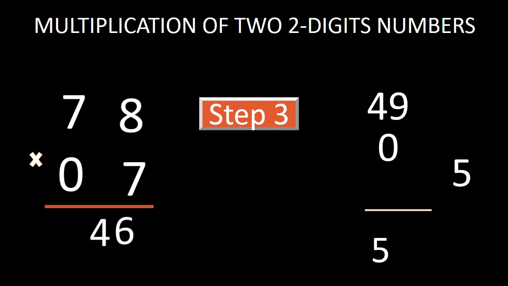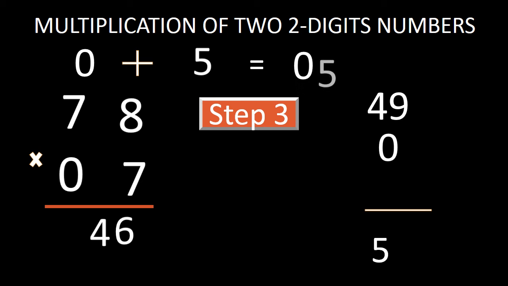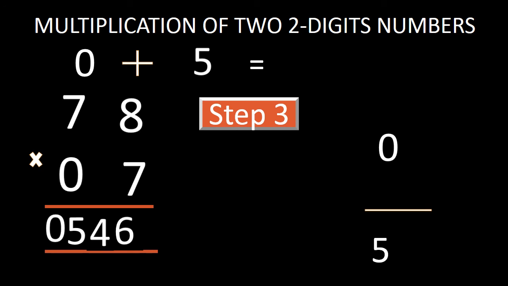In step number 3, we will multiply this 10 digit of the first number, that is 7, with 10 digit of the second number, that is 0. So by multiplying this 7 with 0, we get 0, and we have the carrying digit from the previous step. Just add that carrying digit, and that is 5. With this 0, we get 5. Now just bring this 5 down in the answer, and this is our answer. Our answer is 546. So this is the answer which we could get in step number 2 as well.